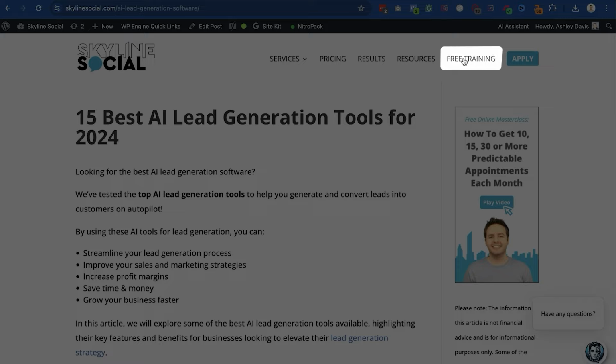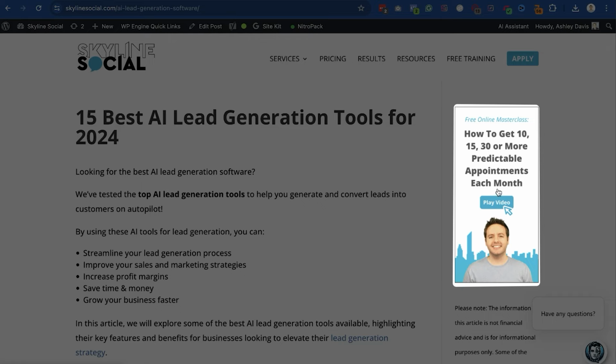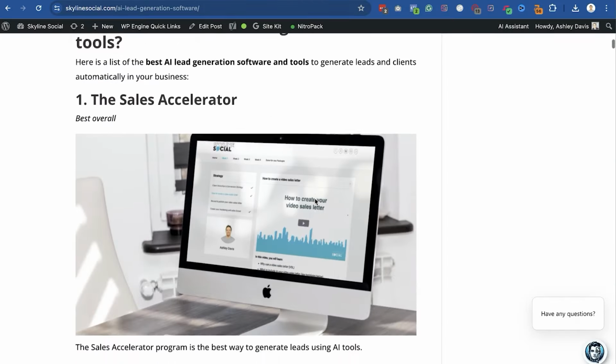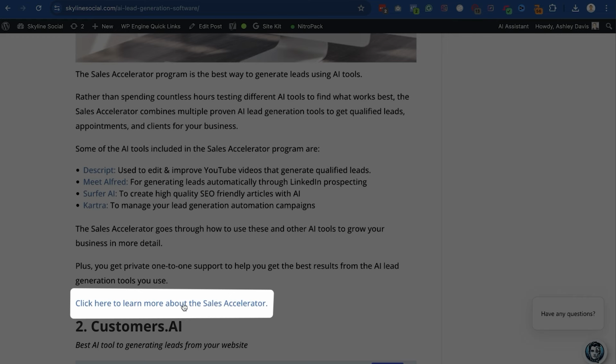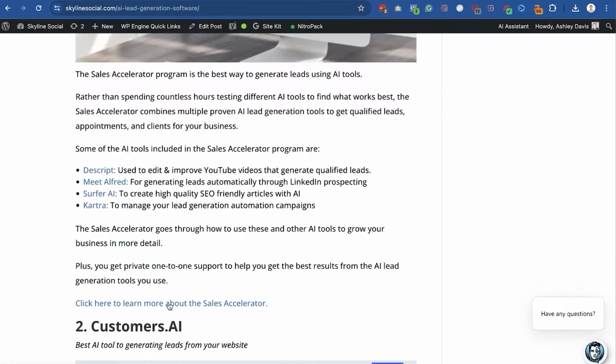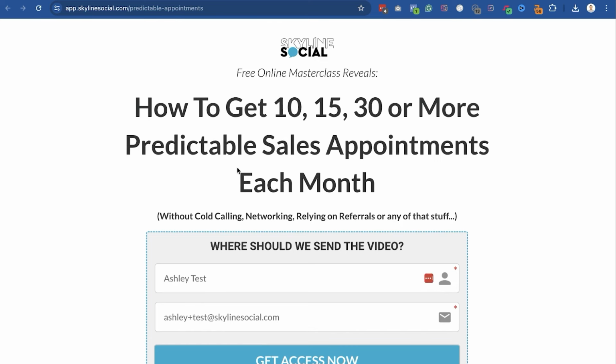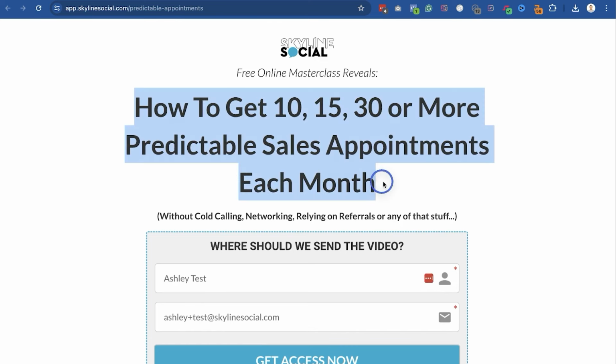So you'll see that there's a link here to the sales funnel, there's a link here on the right to the sales funnel. And if you actually go through and read the article, you'll see there's links to the sales funnel everywhere you go. So if you click on one of these links, it will take you to my opt-in page. And then from the opt-in page, after someone opts in, they'll get a copy of the video that I've recorded that goes through how to solve this problem.